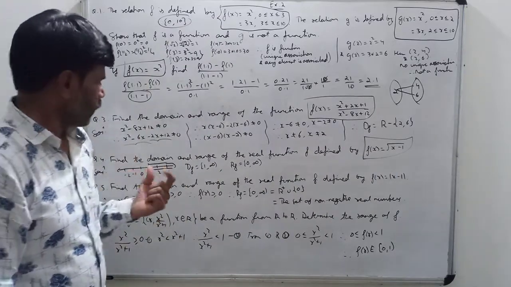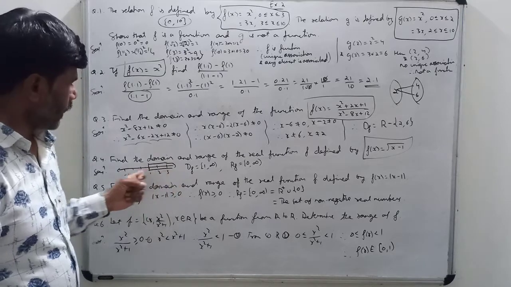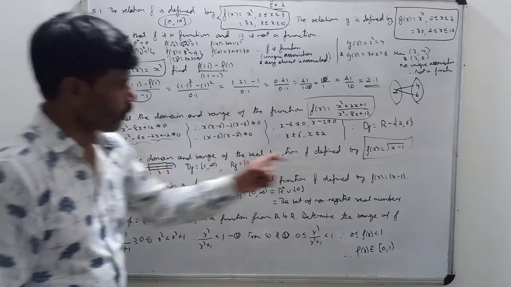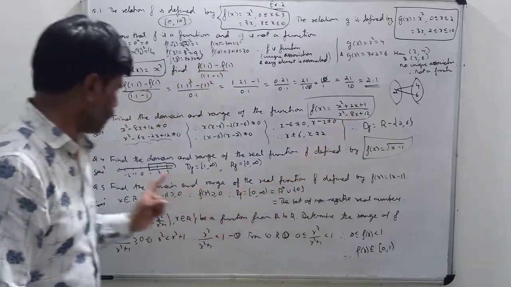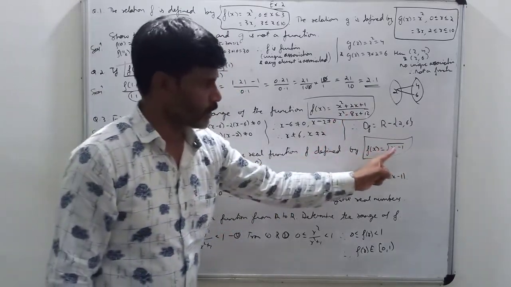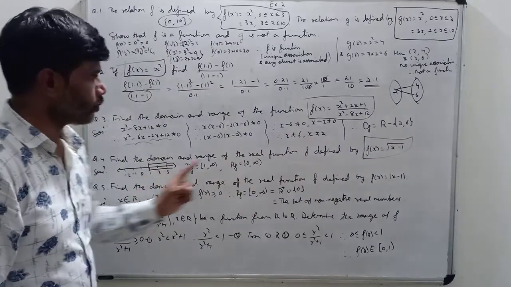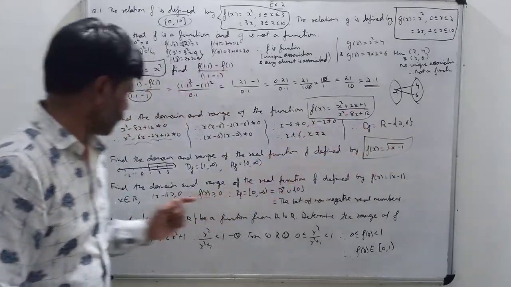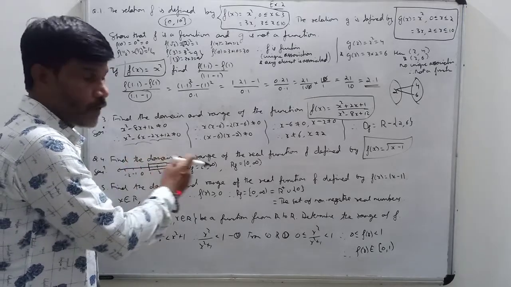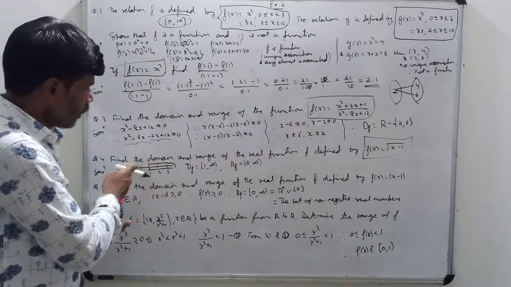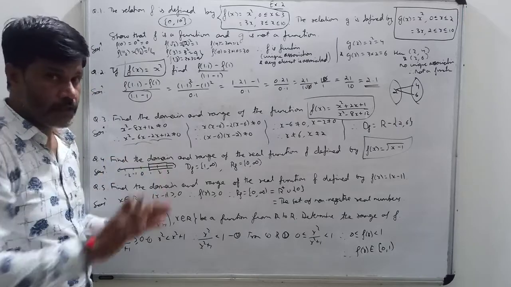Okay, so when I make a number line and suppose in place of x I put 0, then what will happen? 0 minus 1 is minus 1. The square root of minus 1 is not defined. Okay, then I take 1. 1 minus 1 is 0. The square root of 0 is 0. Then I put 2. 2 minus 1 is 1. The square root of 1 is possible. So what we understood: when we take values of x greater than or equal to 1, f(x) is defined. As the value of x you take less than 1, f(x) is not defined.